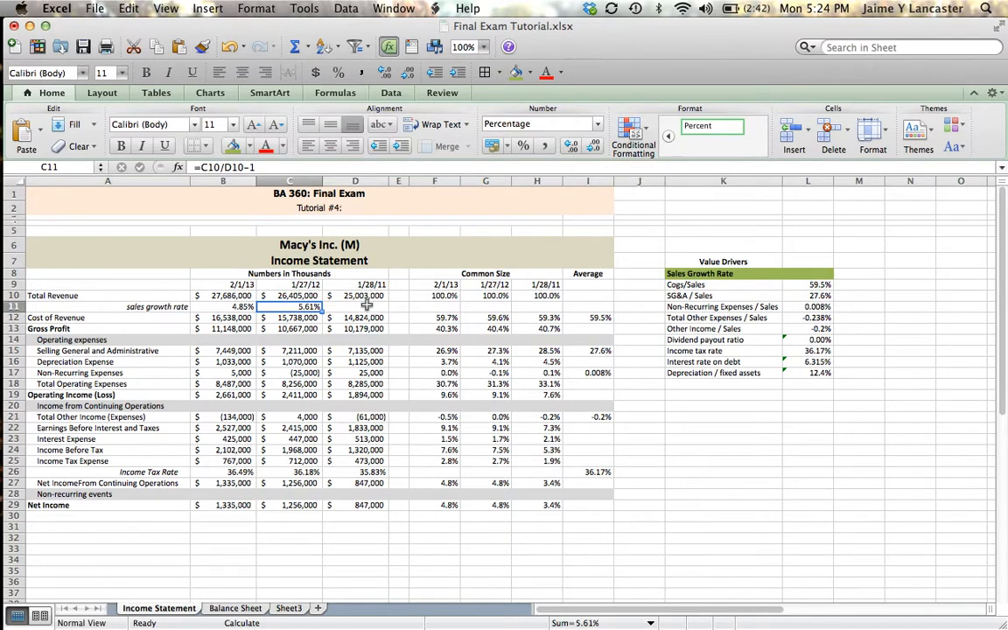I can't do anything for this year for 2011, because this number 5.61 represents growth in sales from 2011 to 2012, while this one represents growth from 2012 to 2013. I don't have a year of 2010, so I can't calculate anything in here. However, I can calculate the average of those 2 years. And I'm going to use that average